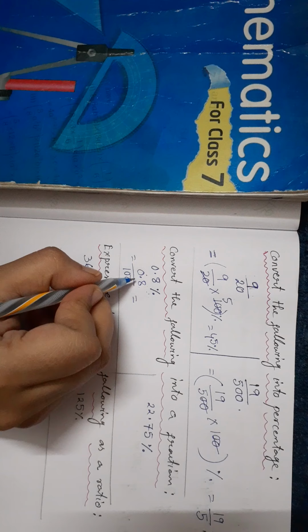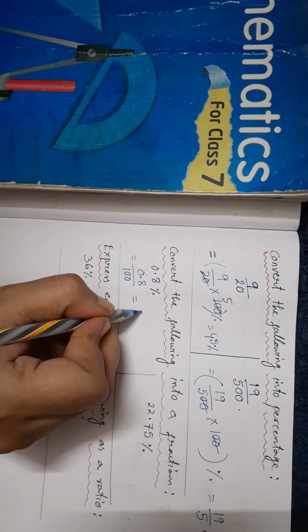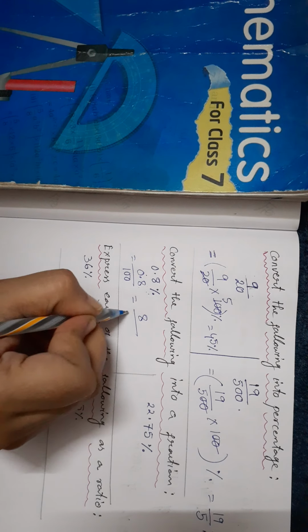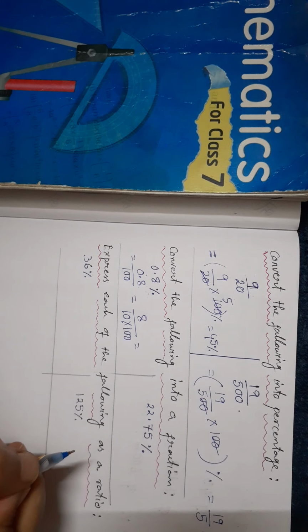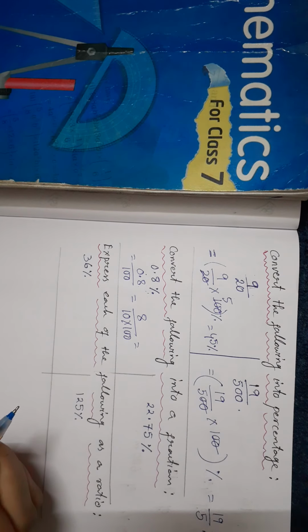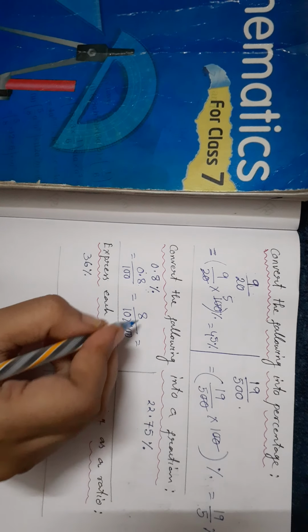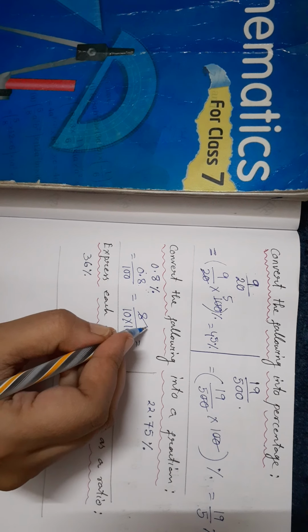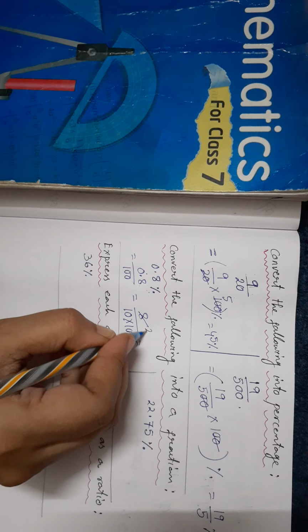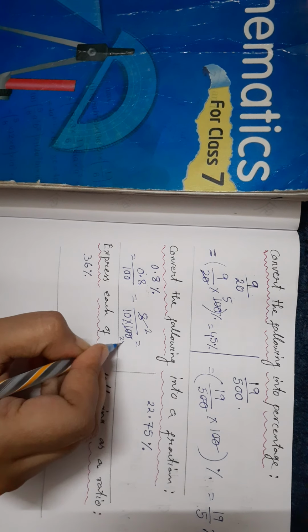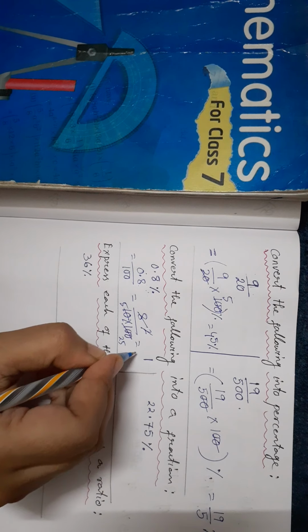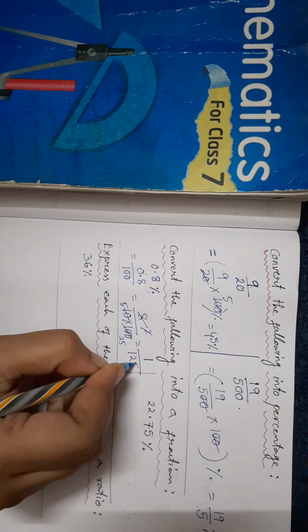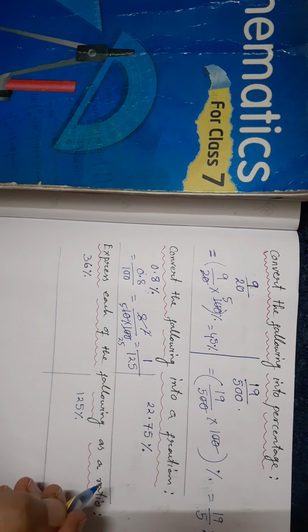Next you will see that this is a decimal number. So we can write 8 by 10 into 100, right? Now after cancelling this, we will get this one. We can cancel by 4. So that will be 2, and this one will be 25. Again 2 5s are 10. So the answer will be 1 by 125.